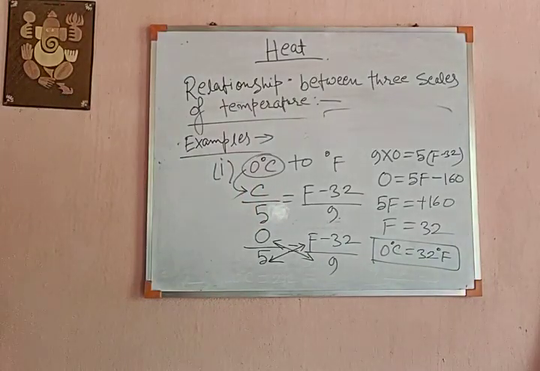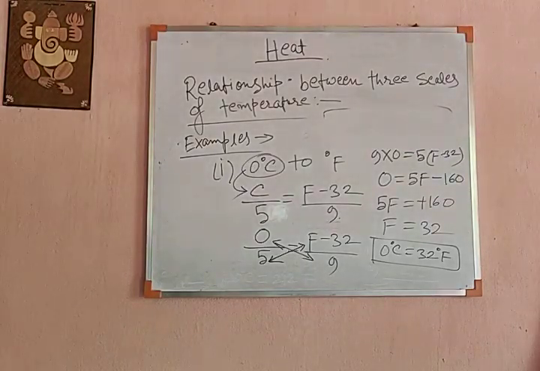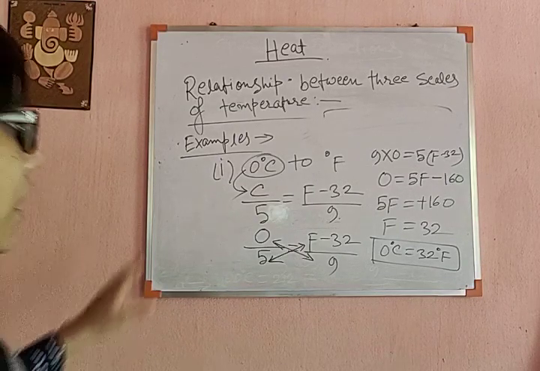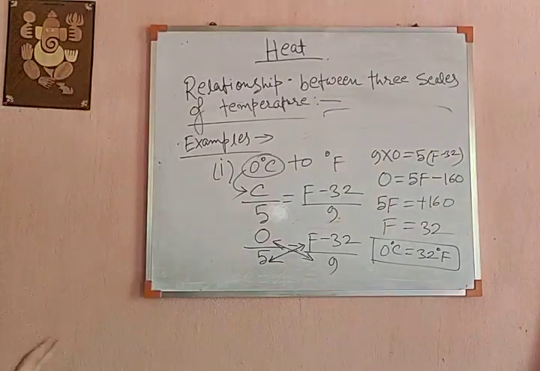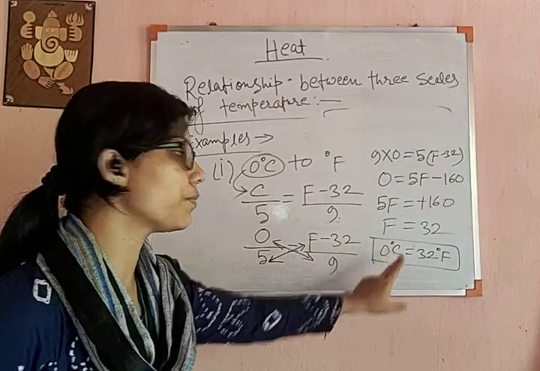If you see the divisions in the Celsius and Fahrenheit scales, you can see that the Celsius scale starts from 0 degree Celsius and the Fahrenheit scale starts from 32 degree Fahrenheit. That is, the starting temperatures in the two scales are the same, and that is what we are getting in this numerical example, 0 degree Celsius is equal to 32 degree Fahrenheit, and that is what we have got from our scale division. That means the relationship that we have drawn between the Celsius and Fahrenheit scales is perfectly correct because it gives the scale division correctly.